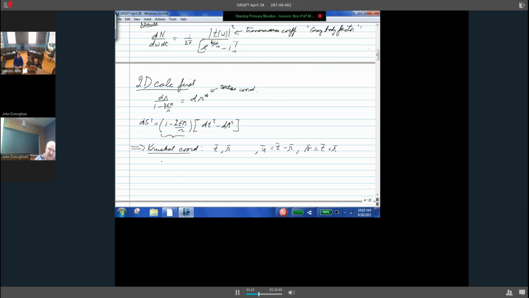There'd be T bar and R bar, and I actually don't want to do the derivation. I didn't rewrite it in my notes. It's just something you can look up in a book. But the good feature is that it looks just like this accelerated coordinate system that we had before. So if you form U bar as T bar minus R bar, and V bar as T bar plus R bar, the incoming and outgoing waves,